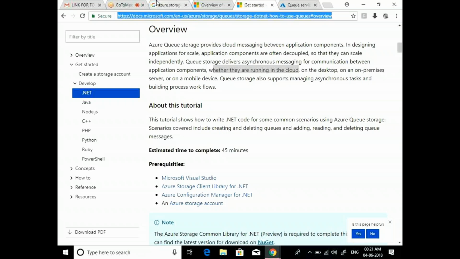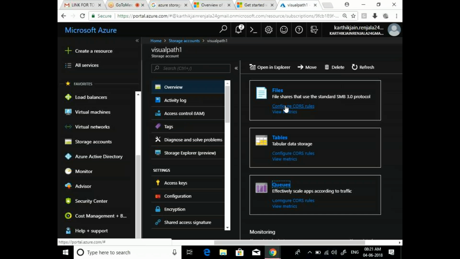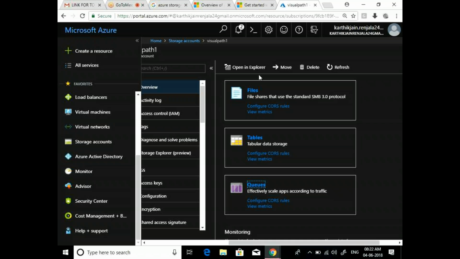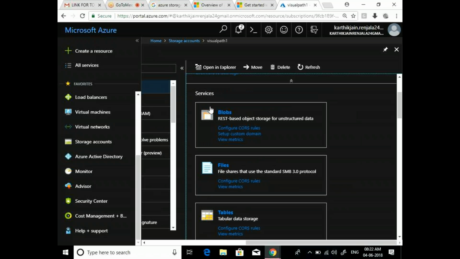So let's quickly move on. Today we are going to see the premium storage. We are done with the four types of services. Similarly to how we created a storage, we are creating the same storage with the premium option. In standard storage you have four types of services, as I said: blobs, files, tables, and queues. But in premium storage, you will get one and only one service called blobs. No other three services.